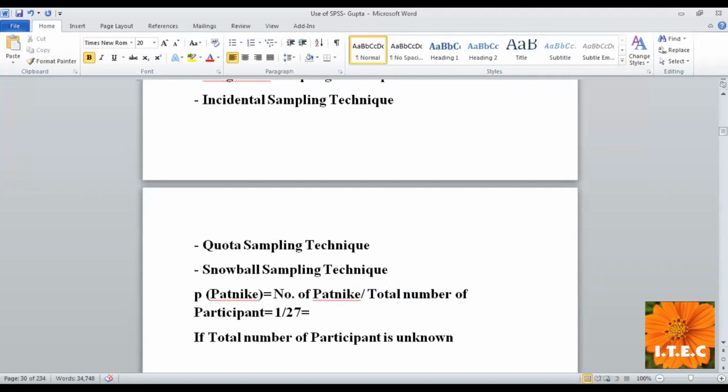If the total number of participants is unknown, is it possible to calculate the probability? The answer is no. Then what is the meaning? The meaning is